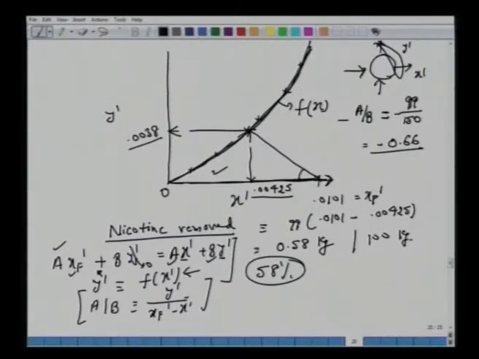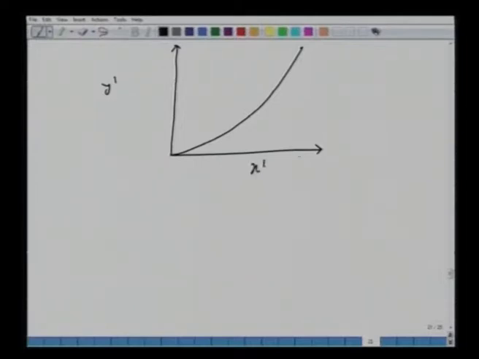But okay, now let's go to the second part, where we are using 3 stages. So now we have 3 stages and we are going to use 50 kg each. So the total amount of solvent is still the same, 150 kg per hour. We have this equilibrium curve, y dash, x dash, and here maybe you go till 0.012, and here maybe you mark till 0.008. So you should be able to address everything between the scale of 0 to 0.012 for x dash and 0 to 0.008 for y dash.